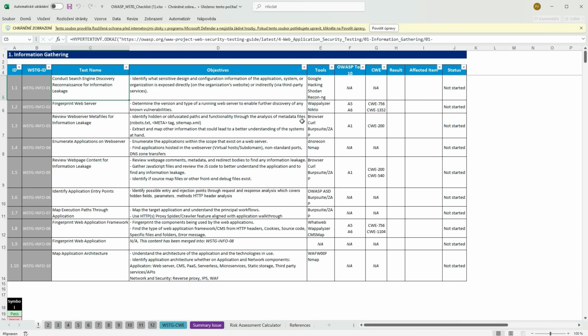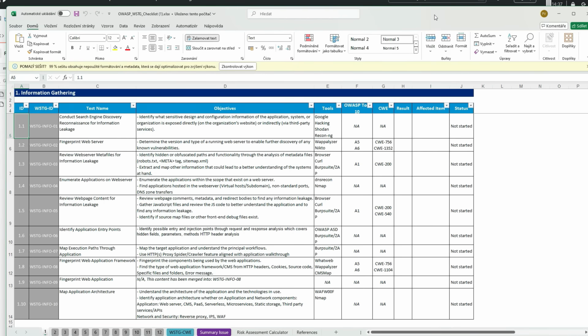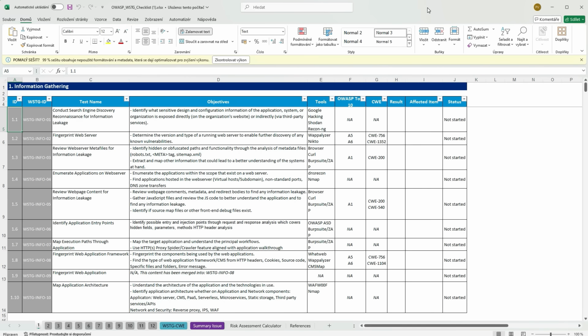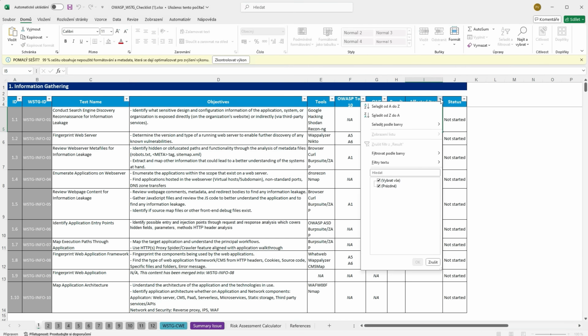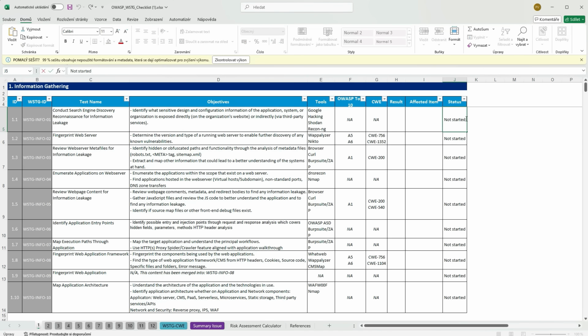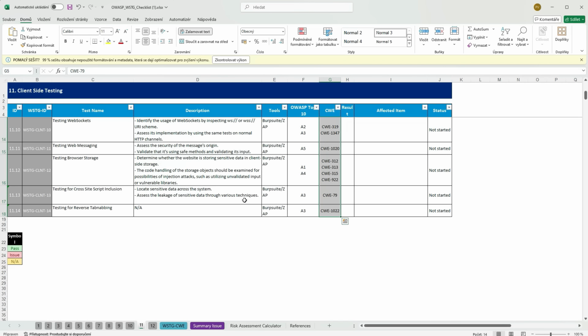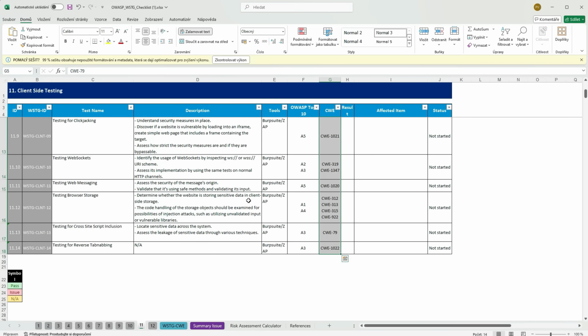So you can play around with the workbook, of course. If you enable editing, you can write down some status. That way you can come back to that testing at any time and you won't get lost in it. You test here and you know that you have tested the category here, for example with the possibility of some sort of result entry here, with the fact that you can actually see some sort of agenda at the bottom